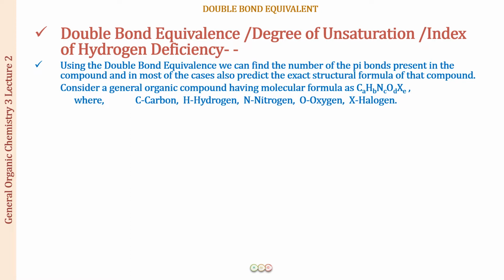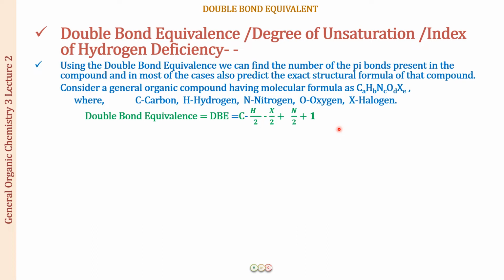So we are now going to give a formula for finding out the DBE value, and the formula is that the DBE value is equal to C minus H by 2 minus X by 2 plus N by 2 plus 1. Alright, this is the number of atoms of carbon minus the number of hydrogen atoms in the formula divided by 2, minus the number of halogen atoms divided by 2, plus the number of nitrogen atoms divided by 2, plus 1. Oxygen is not going to be there in the formula. It is not going to affect the DBE value.